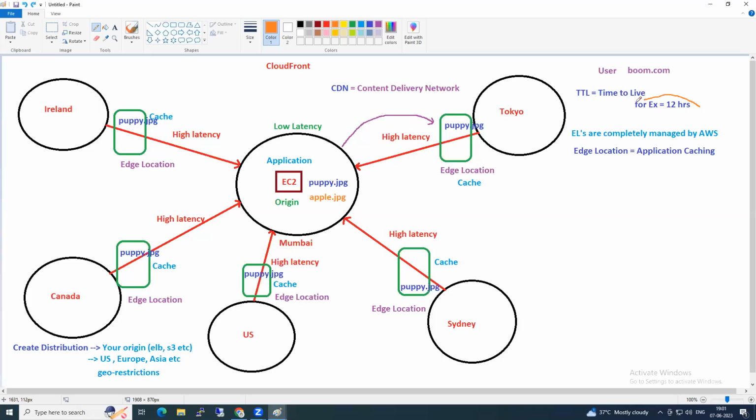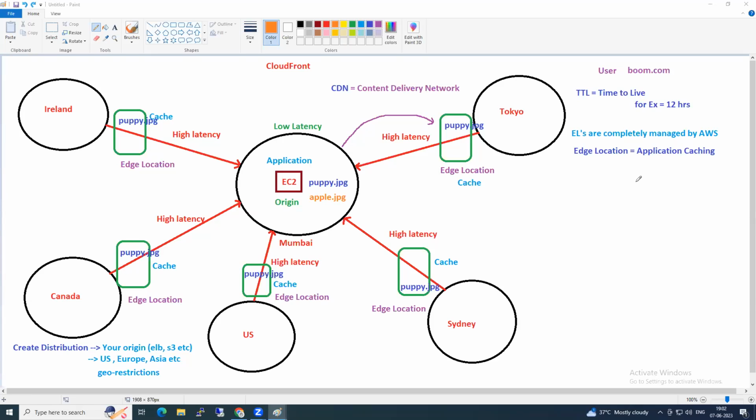That is the TTL. TTL meaning for how much time you want to cache your application. You're getting it? Right? Okay, now let's say, for example, in Amazon.in website, the phone, let's say iPhone. I'm telling the TTL only.